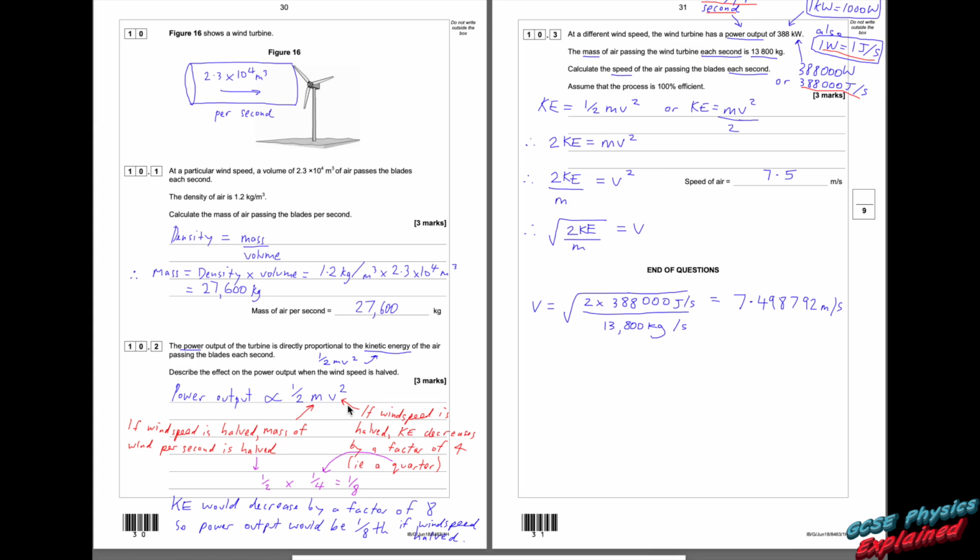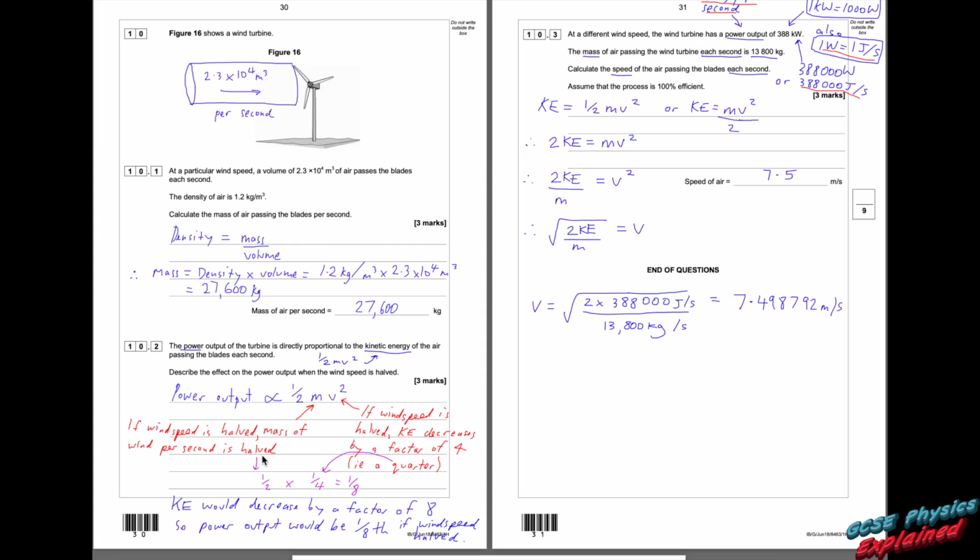Now, if you decrease the wind speed, so if the wind speed is halved, now the kinetic energy is actually going to decrease by a factor of 4. So it's going to be a quarter. So if you've decreased the speed by a half, then a half squared is a quarter. But also, if you've decreased the wind speed, you're only going to have half the amount of mass going past the turbine. So this mass here, if the wind speed is halved, the mass of the wind per second is